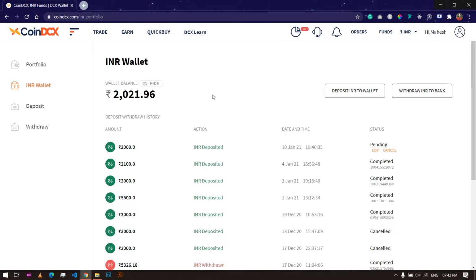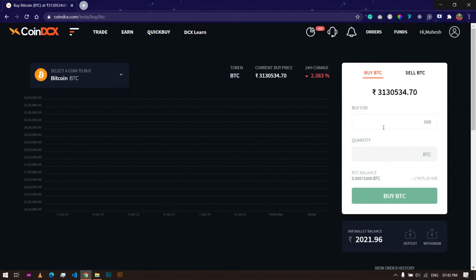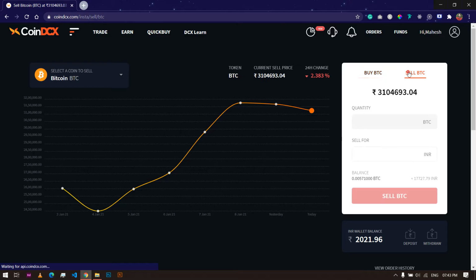So in the next step you are buying the bitcoins or any other cryptocurrencies. So for that you have two options. So first option, you can go directly to the quick buy and click on Insta. So in this feature you can buy BTC directly. Just click on 2000 and if you click on buy, you are going to buy. So I don't recommend buying BTC using this feature because there will be a gap of 2000 rupees between buy BTC and sell BTC. So this is not so convenient.